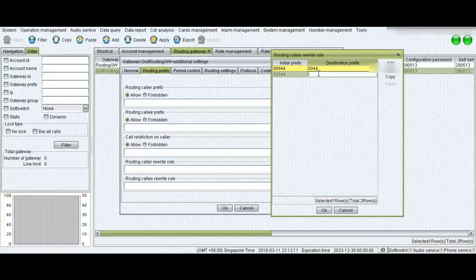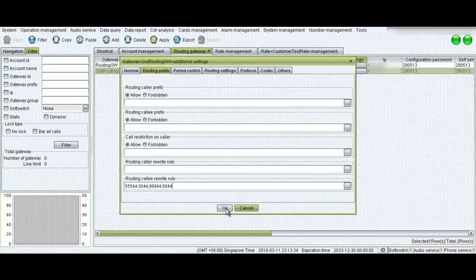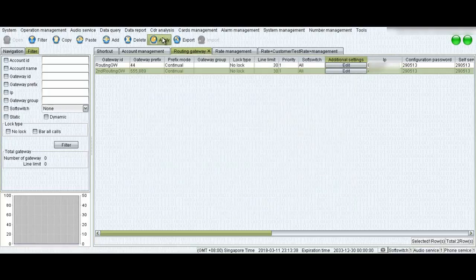Okay, now for the same vendor, he wants me to send these calls with the same prefix 0044. So I will simply replace the strings with initial and destination prefix. I'll select OK, hit OK, apply.